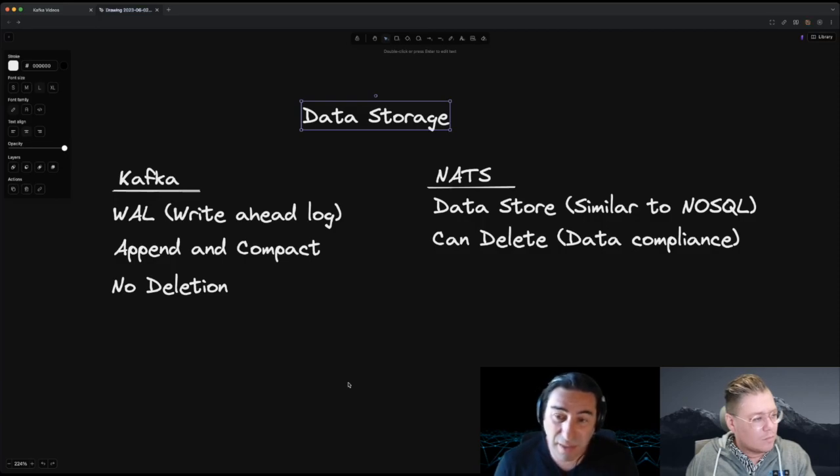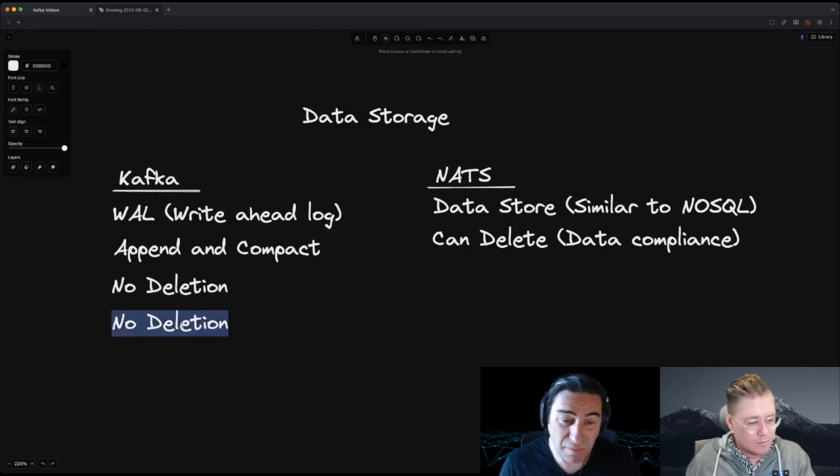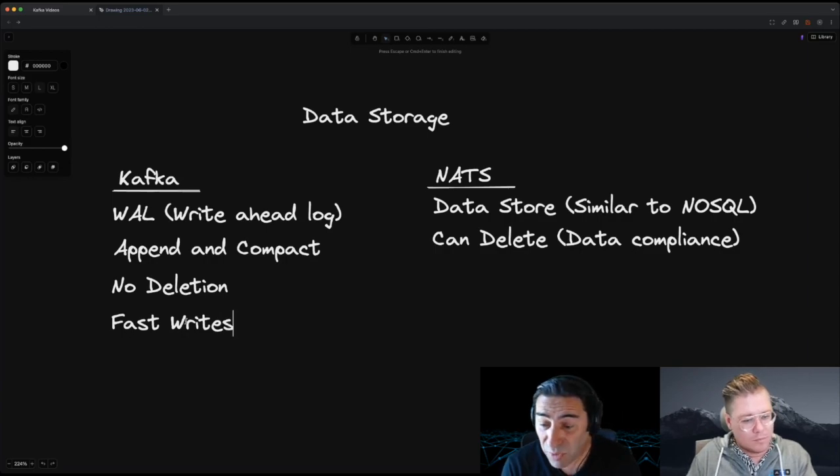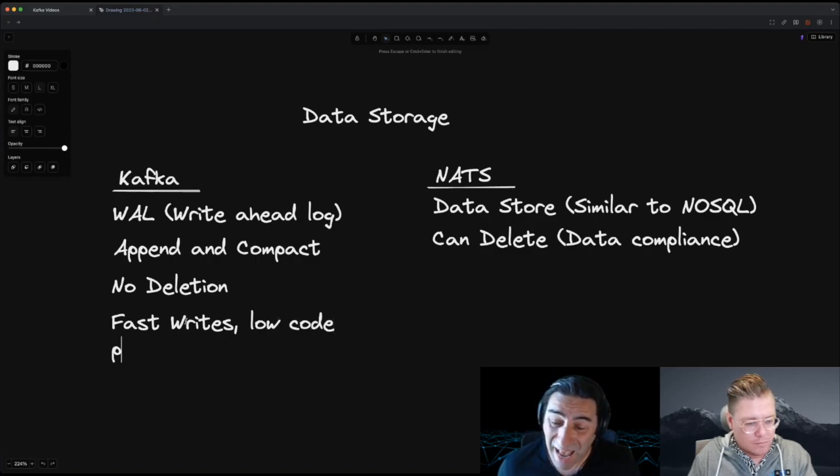So it's designed to always want to accept writes. There's no concept of a write being denied other than the stream being full at a maximum size. On the other hand, with JetStream, you have the choice as to what happens when you hit a